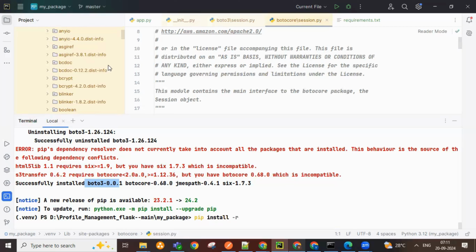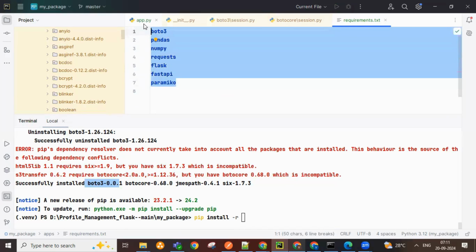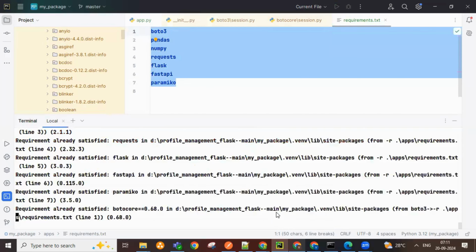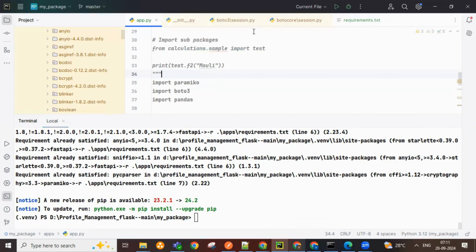If I install with minus U, how can you upgrade? Just go back here and remove the version. In general, in the majority of the projects, we don't specify the version, because we always want to keep the version of the package to be the latest available. That's where we will keep it like this, and we do it directly in the requirements file. So this way, it will take care of installing properly for all the available versions. And if I do this now, if I go ahead and trigger one more time,